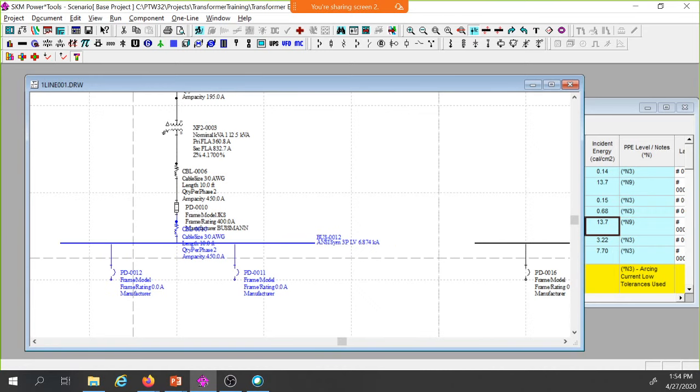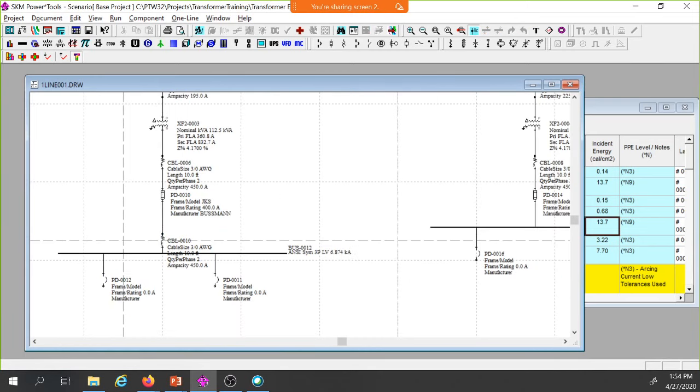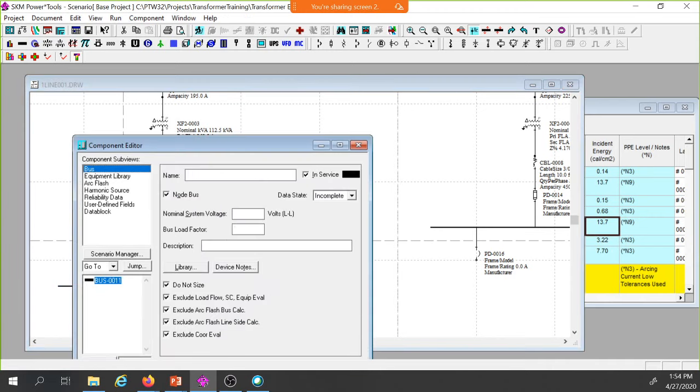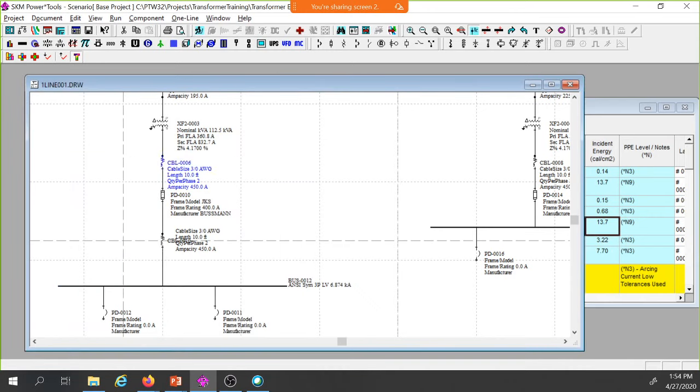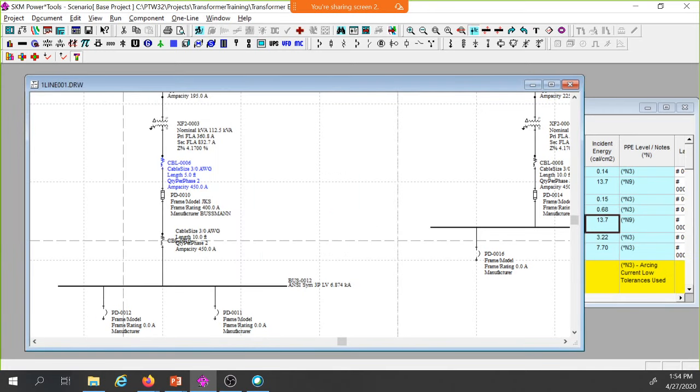We're going to move all this stuff down. I mean, we're doing a lot of work for a 112.5 kVA transformer, but our electrical workers are worth it. And if you just made this a standard practice, you would not have to do this. I mean, if you just said, if I have a 112 kVA transformer and I'm going to standardize, this is the primary device, this is the secondary device